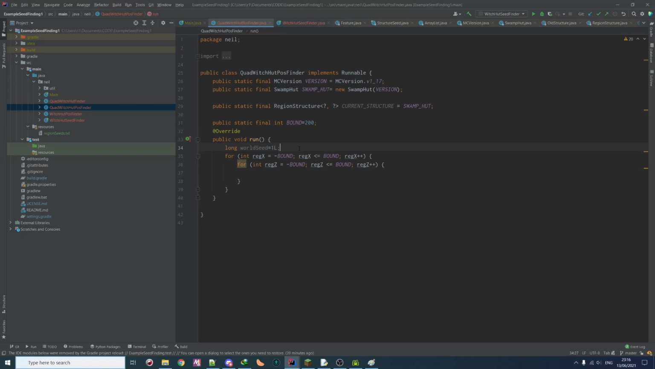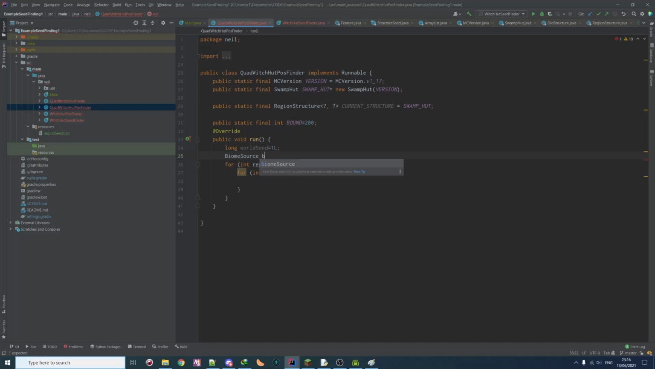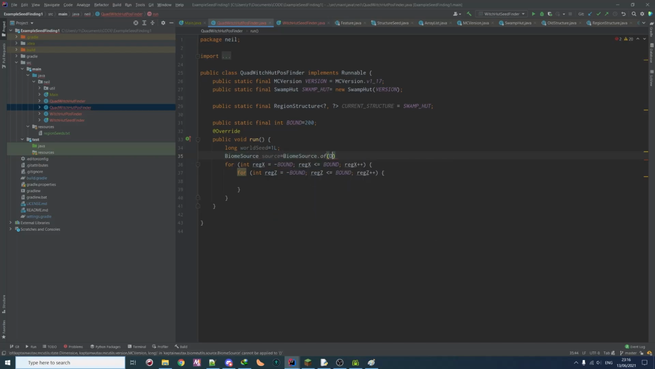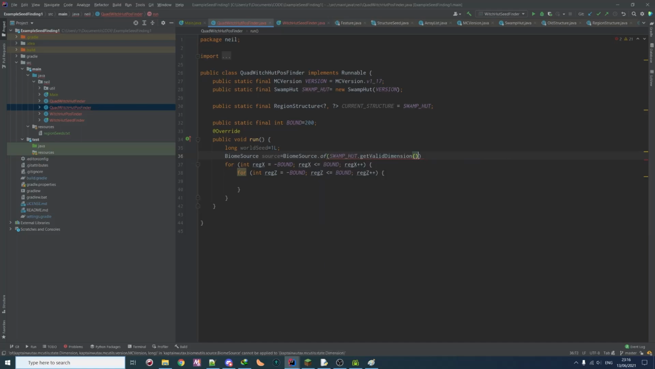Now that we have a world seed, we can optimize stuff, because we know that it's constant. So we can create the biome source up there directly. That will be our biome source. The dimension will stay the overworld because our swamp hut is in the overworld. Of course, you can change it if you are in a different dimension. By the way, you can use swamp hut get valid dimension, and you can make it completely